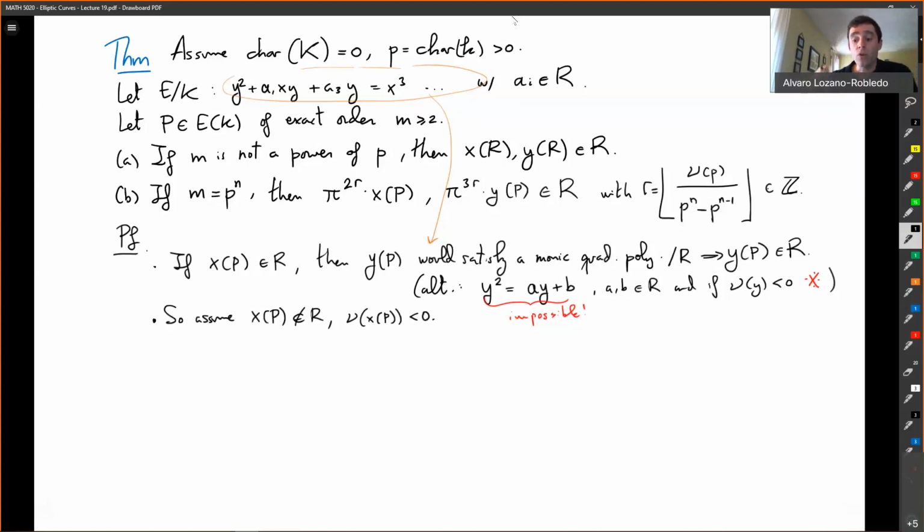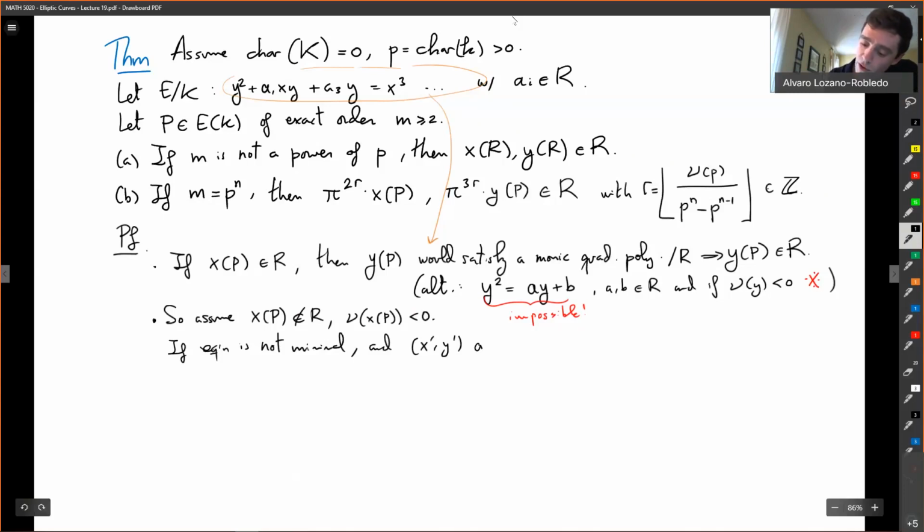Even if it's not minimal, the theorem holds, but I'm going to move to a minimal equation, because if the equation is not minimal, and I have a new set of coordinates, x prime, y prime, that are minimal coordinates,